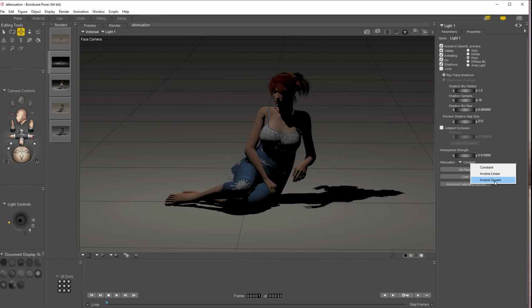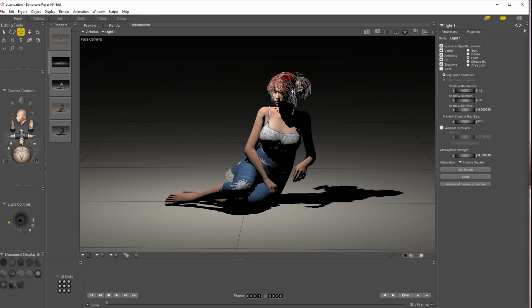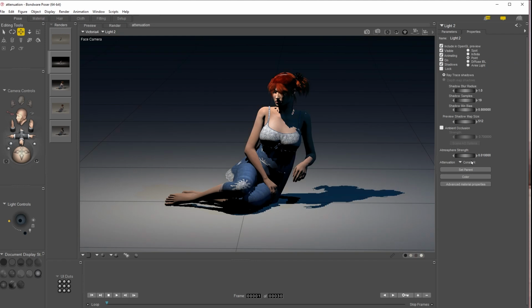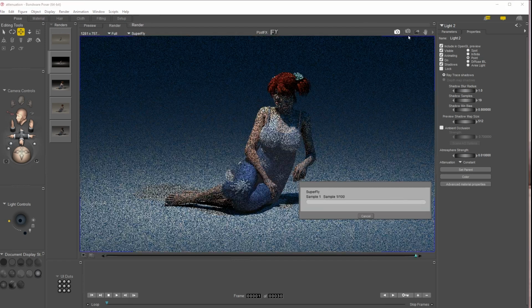So let me just show you a situation where you might not want inverse square. So we've got inverse square for the main subject. Now we've got our other light, which is up here somewhere, which is kind of like a fill light. And if I select that and turn that on, this has a constant attenuation. It's a blue light just to give the scene some atmosphere. And what I want to do here is flood the whole scene with blue. I don't want to have to deal with the rapid fall off in this area. So if I do this now,